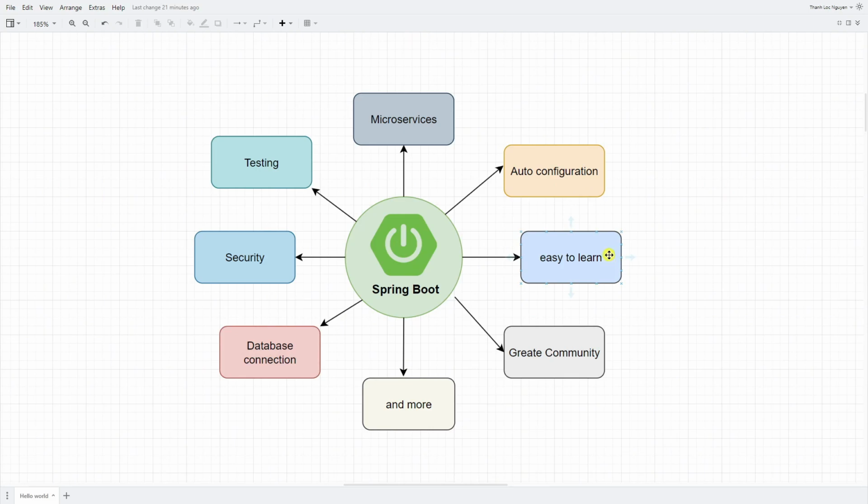If you have any issue related to Spring Boot, I believe that your issue will be resolved because Spring Boot has a free community and a bunch more. That's it, the benefits of Spring Boot. By learning Spring Boot, you will be able to find a job because everybody now is using it and applying Spring Boot to their production products. Next, let me explain what the structure of a Spring Boot application looks like.